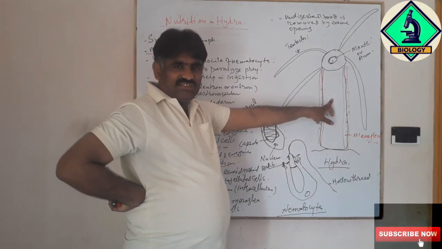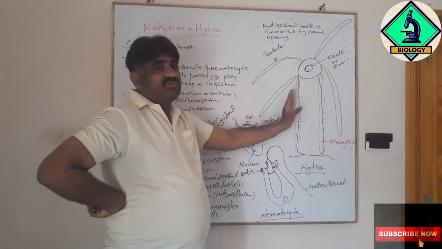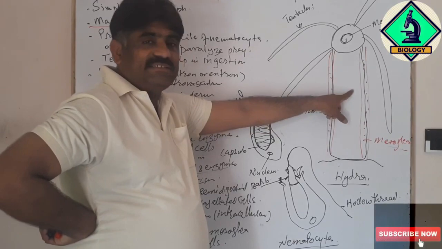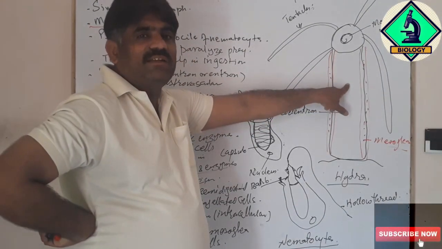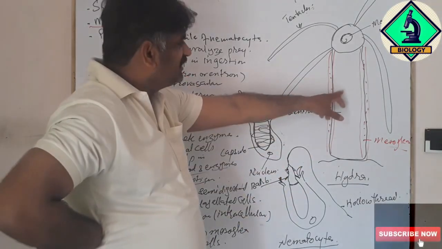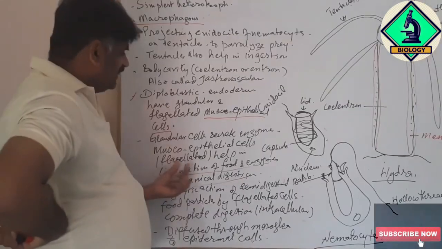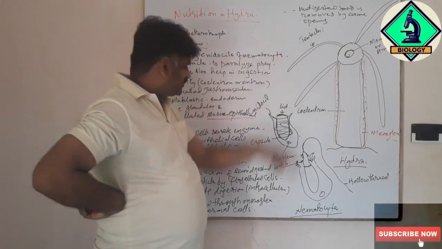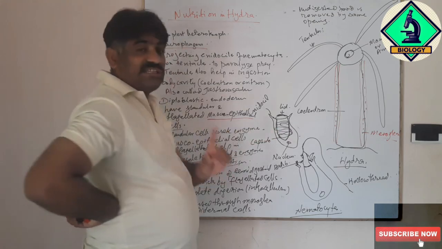The other thing we learn from digestion in Hydra is that it performs firstly extracellular digestion, meaning digestion takes place inside the gastrovascular cavity, that is outside of the cells. The glandular cells lining the endoderm secrete enzymes and help in digestion of the complex food into smaller food. This smaller food becomes semi-digested. This semi-digested food is distributed by the action of flagellated musculoepithelial cells, circulates throughout the gastrovascular lining, and there is a phagocytic action of these cells.